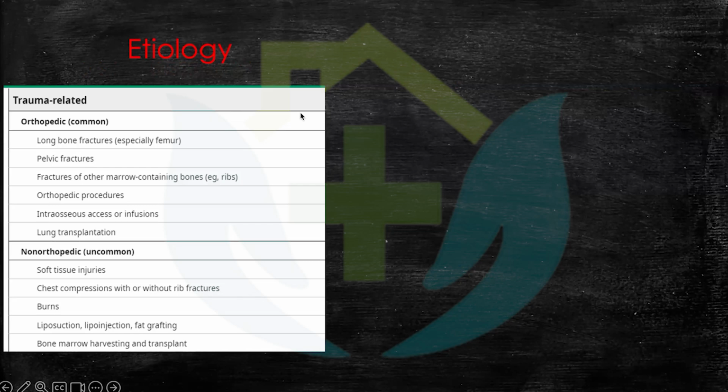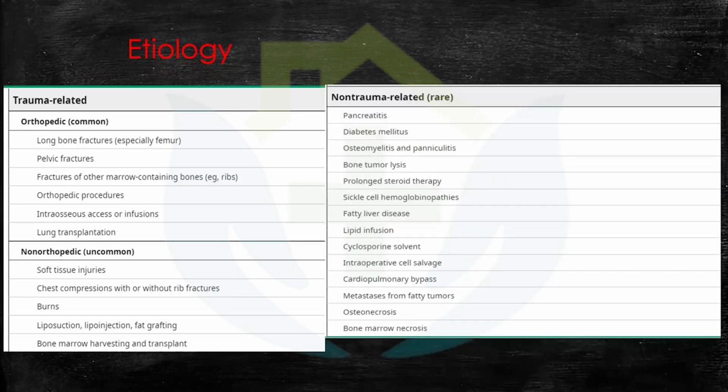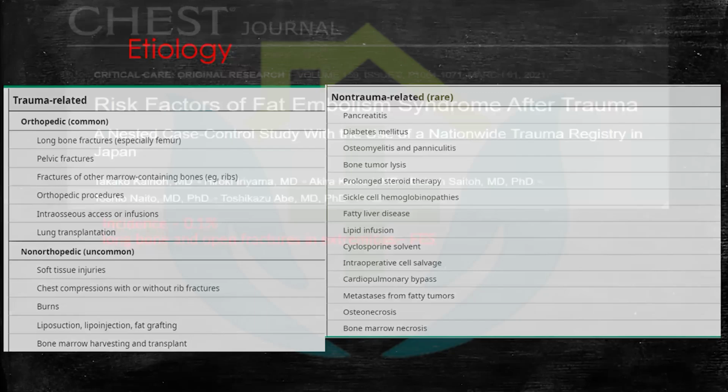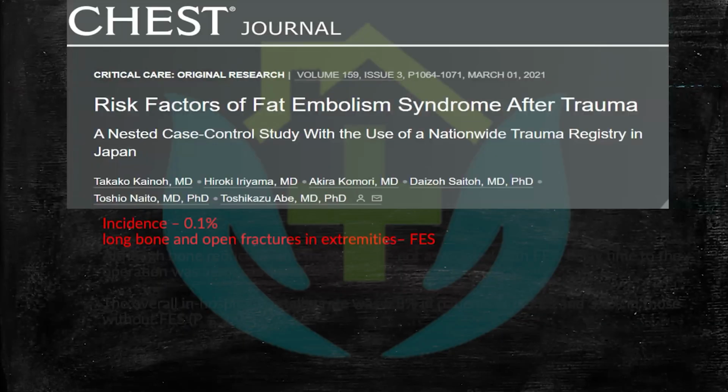Except for traumatic cases, we can also see fat embolism in medical cases like acute pancreatitis, if you give too much total parenteral nutrition, TPN, rapidly to a patient. Sometimes with propofol you can have fat embolism syndrome, and then you can have it in some severe cases of sickle cell anemia and all. But let us stick to our topic. So trauma. The risk factors are mostly long bone fracture trauma.